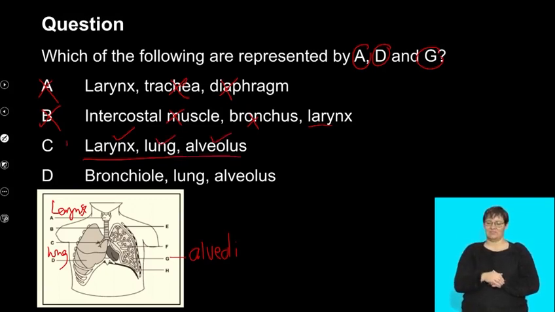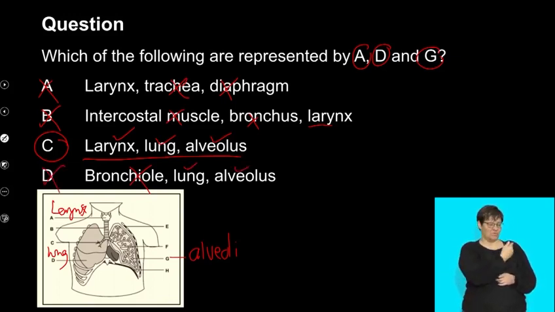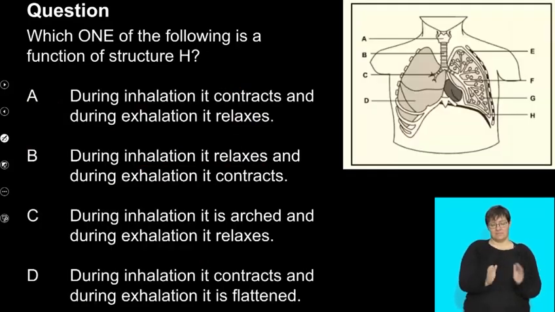So my answer is C, but I always go and check D just in case I've made a mistake. D is a bronchiole. No. Right, yes, I've got lung, alveolus, but the bronchi makes it incorrect. Okay. On the same diagram, it asks which one of the following is a function of structure number